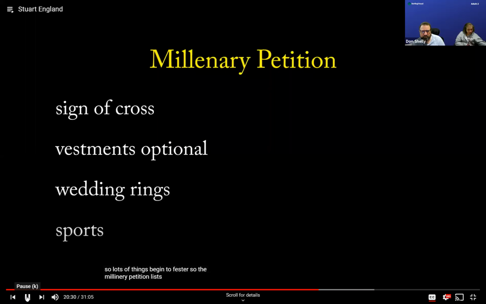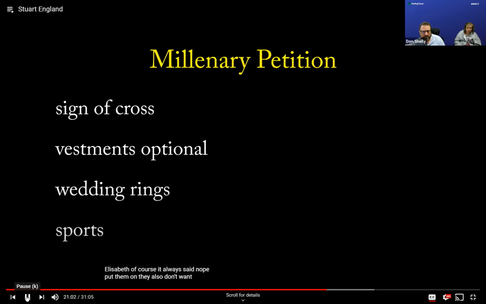So the Millenary Petition lists a number of things that they want to see changed. They don't like, for example, the making of the sign of the cross on the infant during baptism. This is seen, they believe, as superstitious, some of the medieval view that baptism is some kind of talisman that de facto brings the Holy Spirit into the baby. Like those under Elizabeth, they call not for the end of vestments, but for them to be made optional, that those who have a conscience against it can opt not to wear them. Elizabeth, of course, had always said, nope, put them on.